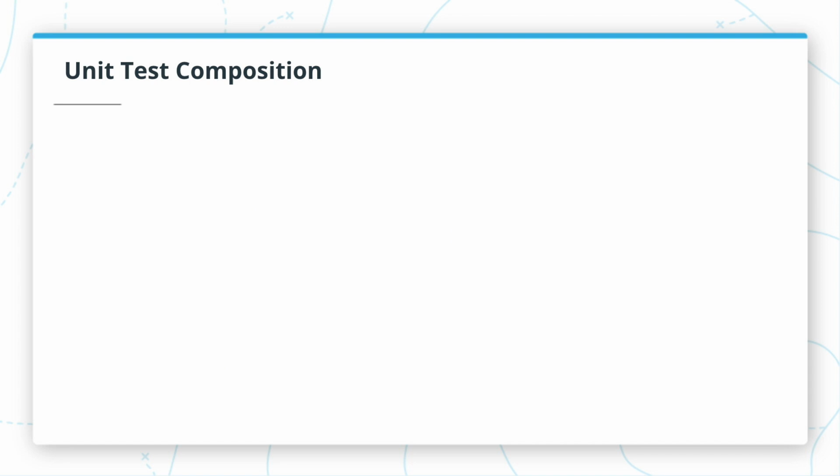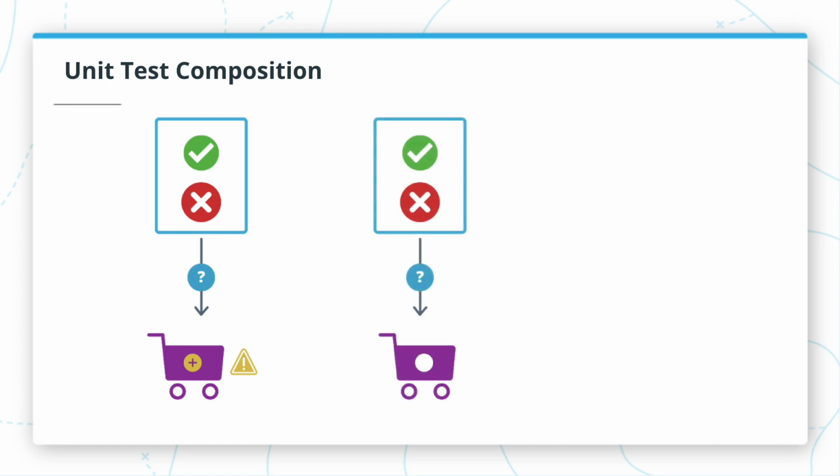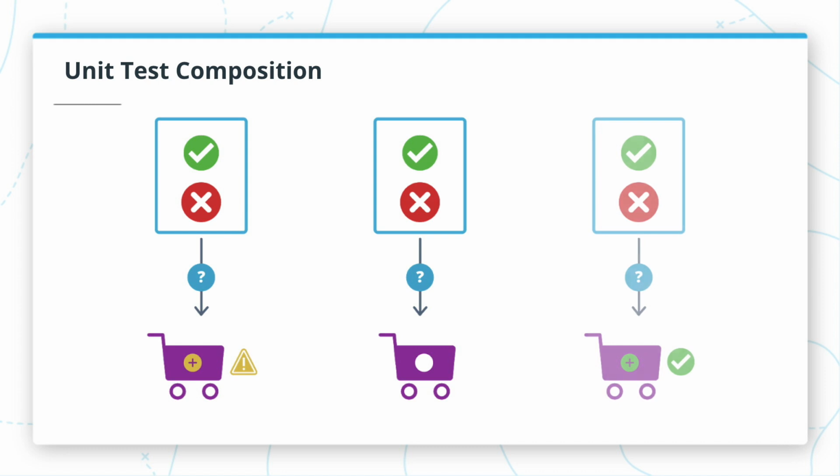In our shopping cart example, one unit test might check that adding an invalid inventory item to the user's cart results in an error. Another might check that removing an item from the user's cart actually results in the cart not having that item anymore. And yet another might check adding an item to the cart. As you can see, these are all small components of the logic of the application. Independently, they test simple conditions of our app's execution, but together, they can verify large chunks of functionality.